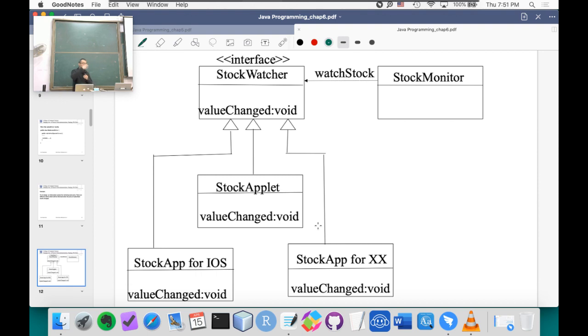When the stock price changes, they will get a notification. Now the price changes, but how to indicate this change depends on the kinds. Different kinds will give us different results because they have different